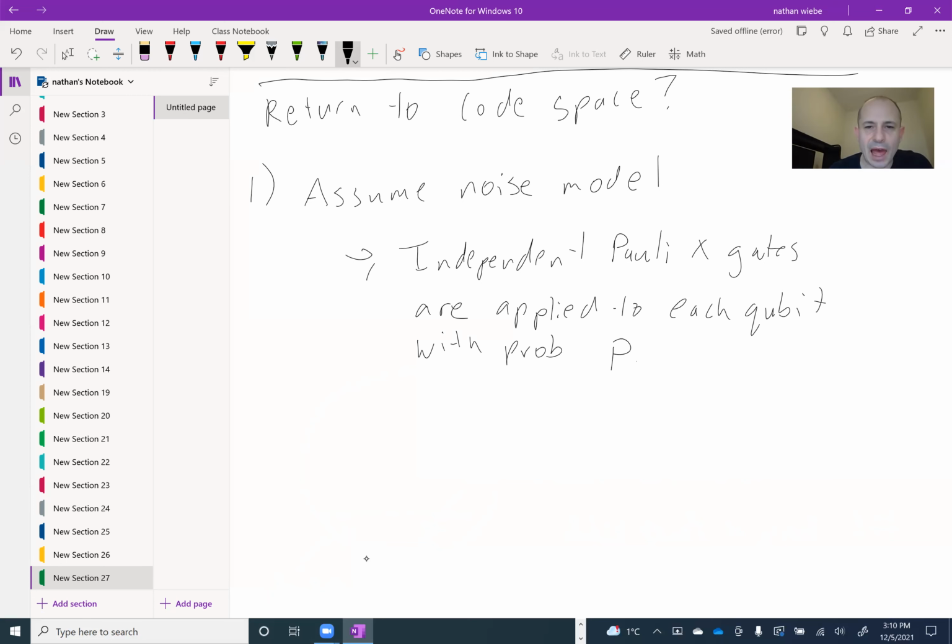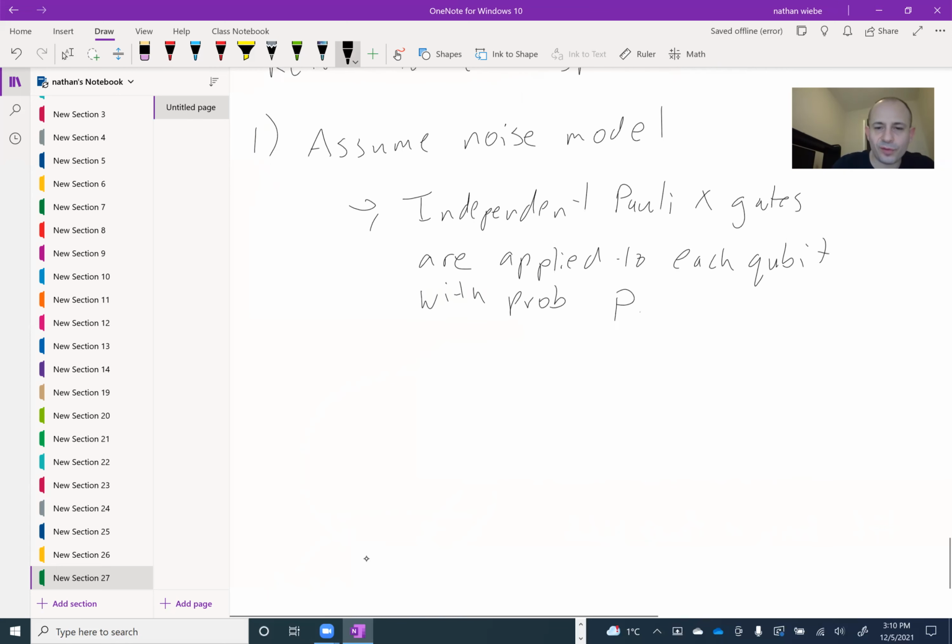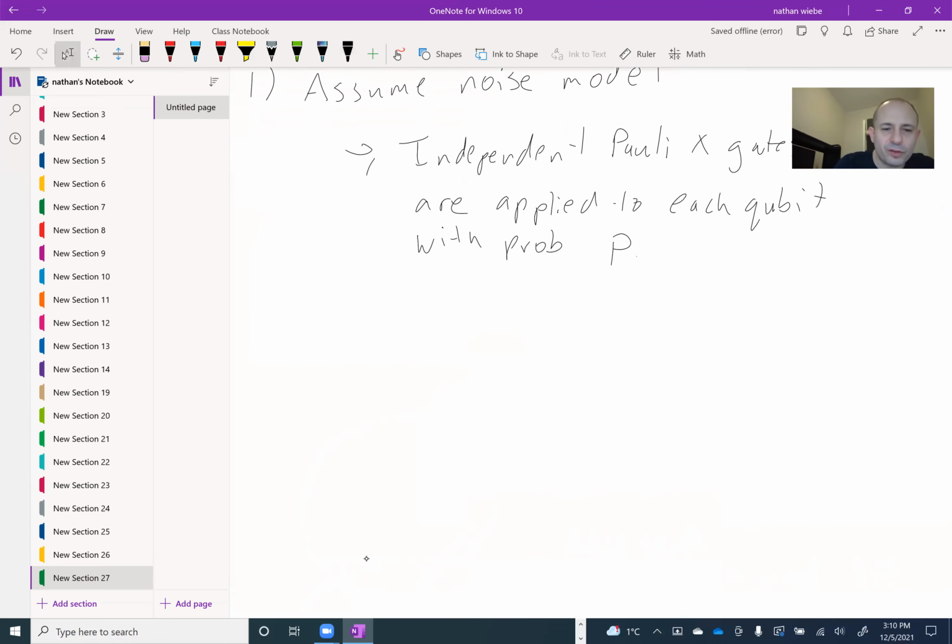Okay, so that is the noise model that we're going to be taking in this particular case. So the next question is, how do we get enough information to work backwards? Well, the basic idea is that we can